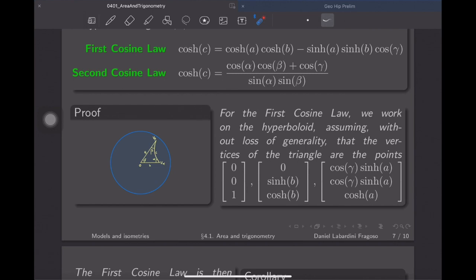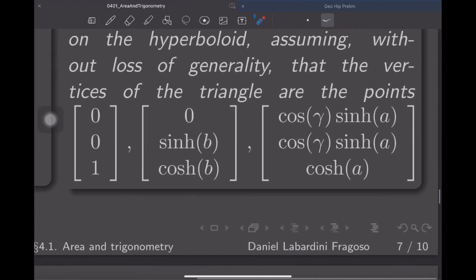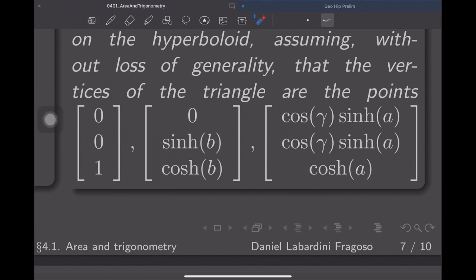Okay, and now the third point. How can I obtain the third point on the hyperboloid? Well, you can take this one with a 0 here, like 0, hyperbolic sine of A, hyperbolic cosine of A,